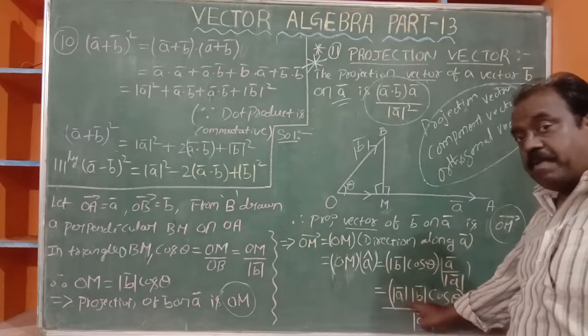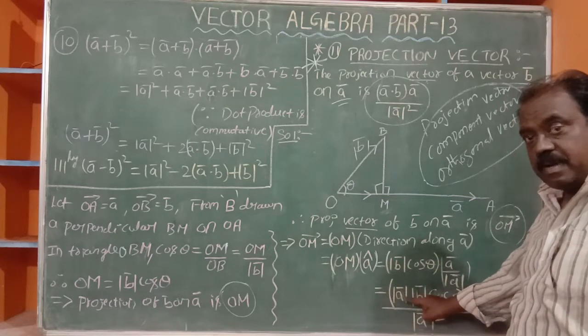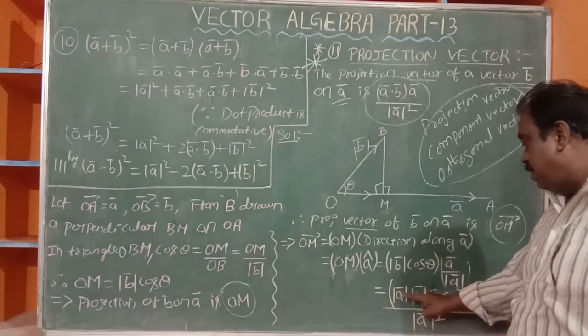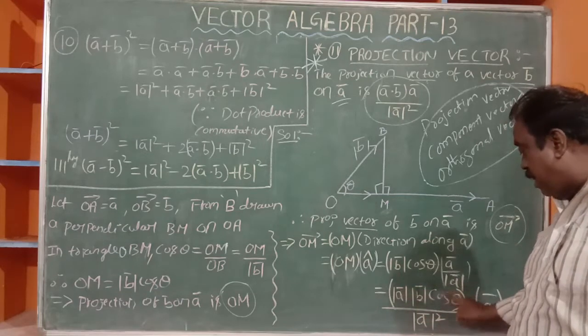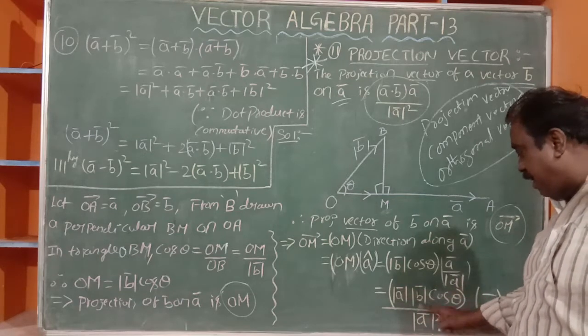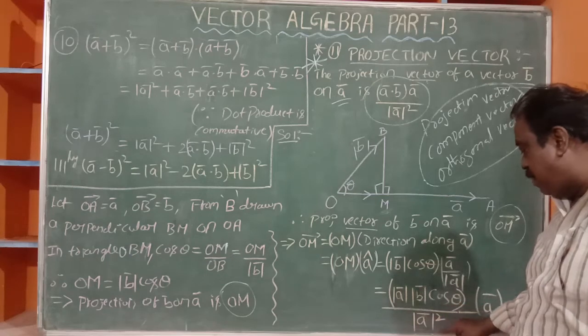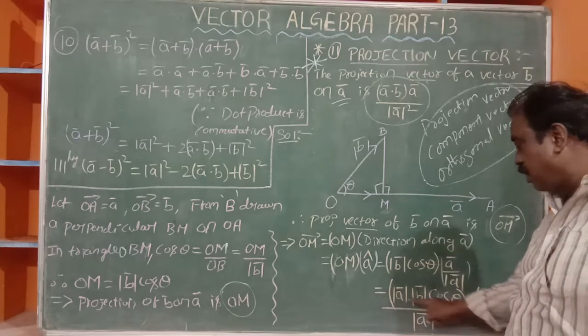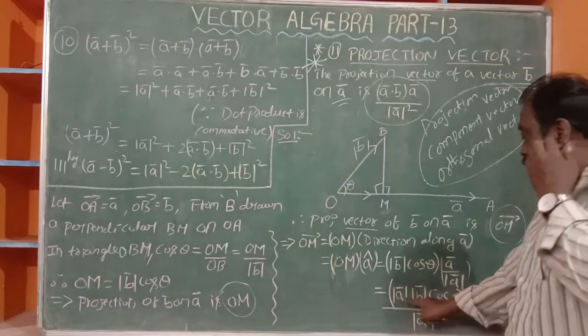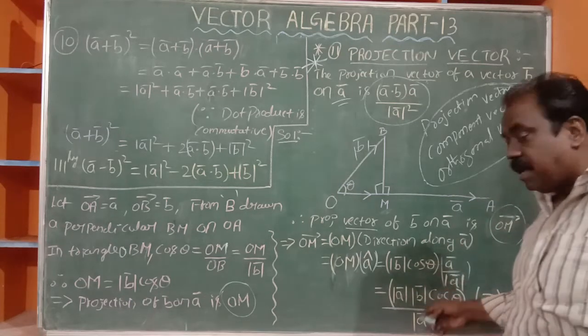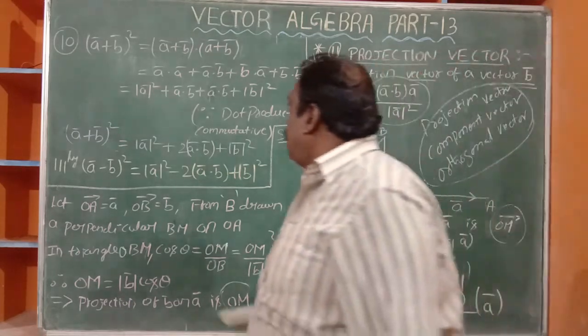Simply I am multiplying with modulus of A bar. Try to understand it. You observe me. We are multiplying with A bar and dividing with A bar. Already A bar is there. Again A bar means it is A bar square. Will you agree? And simply A bar is there. A bar cos theta means it is